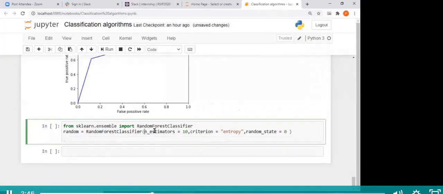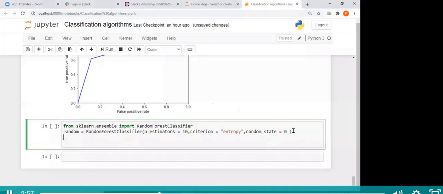Guys, what does this n_estimators do? After Nitya has said the answer, you are saying the answer, everyone. Guys, did you remember what n_estimators means?